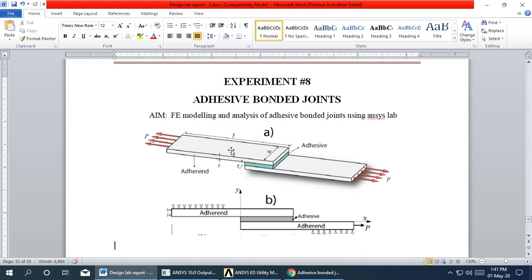So in this application I have taken two plates which are of the same material, and the adhesive material is different. I have considered the top and bottom plate as mild steel material, and the adhesive material is made up of glass epoxy. Coming to the boundary condition and loading condition, it is subjected to tensile